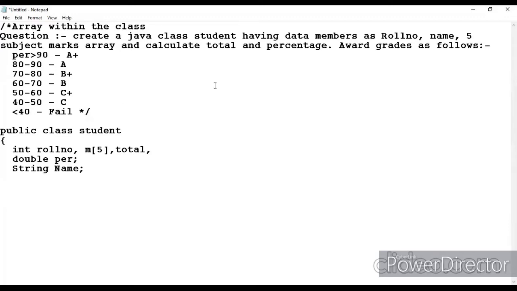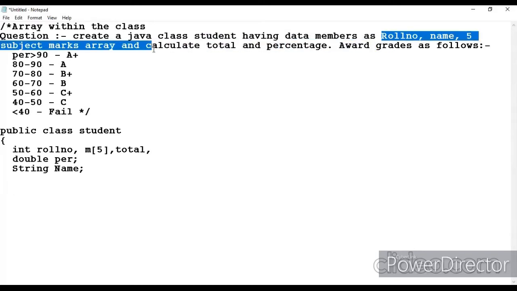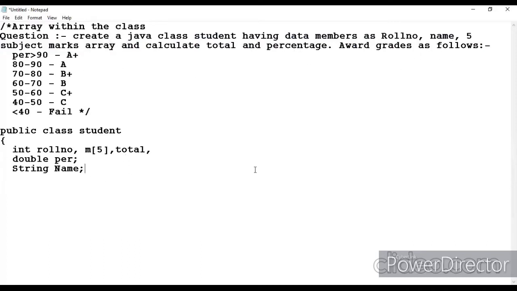These are the data members: roll number, name, and 5 subject marks in an array. We have to calculate total and percentage, and give a grade according to the percentage.